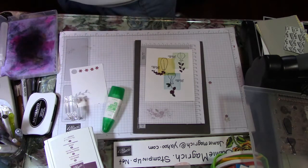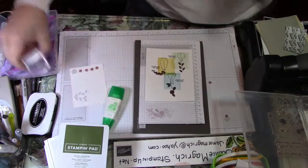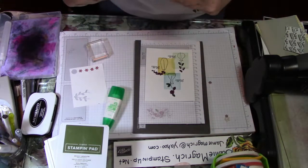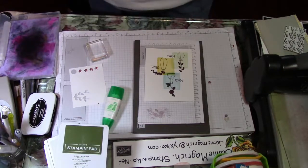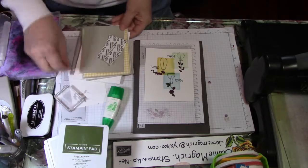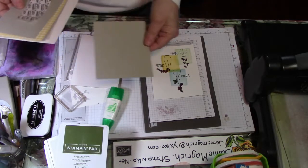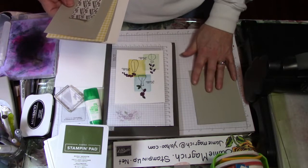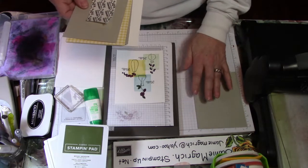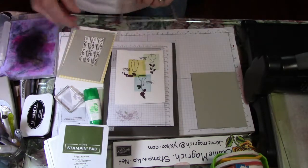Now we're going to bring in the Big Shot. Put this little tiny leaf away before I lose it. Alright. Now we need to cut that, and I'm going to do a stepped up version. What I have for my card base is this, 4 1/4 by 5 1/2, and from the largest of the new rectangles,